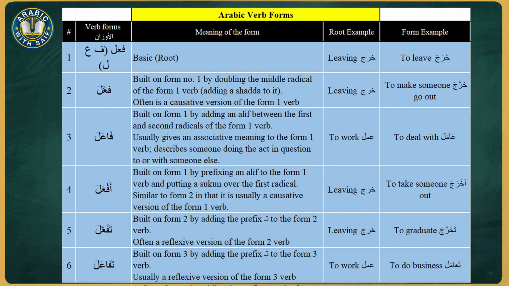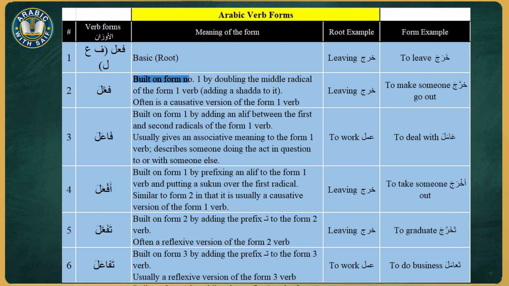Form number 1, فعل, فاء, عين, لام. This is the basic root. For example, the root خرج means leaving. On the measure of form فعل, خرج means to leave. Number 2, the form فعل,